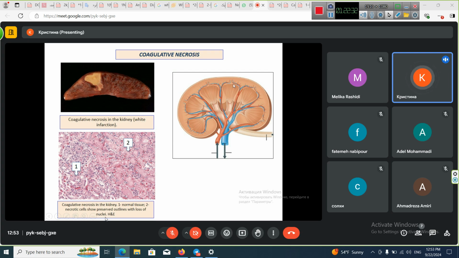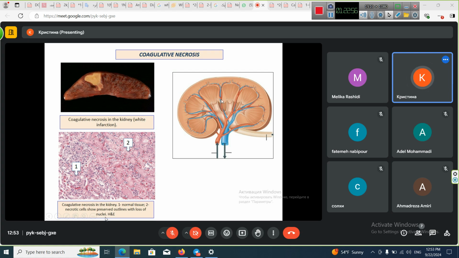If something happened to this artery, for example, thromboembolism closed this artery in this area, it means that no blood will flow further to these smaller arterioles, and all this area of tissue will undergo necrosis because of lack of